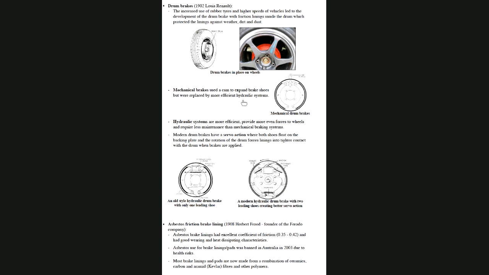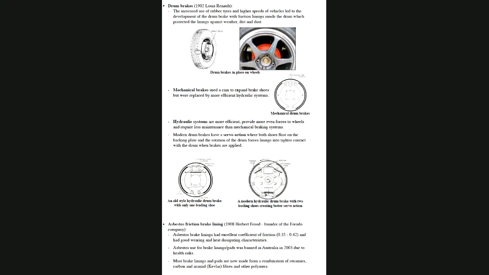Then they tried to get the brakes away from all the dirt and the muck. So they developed these brakes here, which are called drum brakes. And Louis Renault developed these in 1902. And the major reasons for these drum brakes is, one, to get the brakes away from all of the dirt on the roads, because as you can imagine, all the roads in the early 1900s were mainly dirt. And the second thing is that